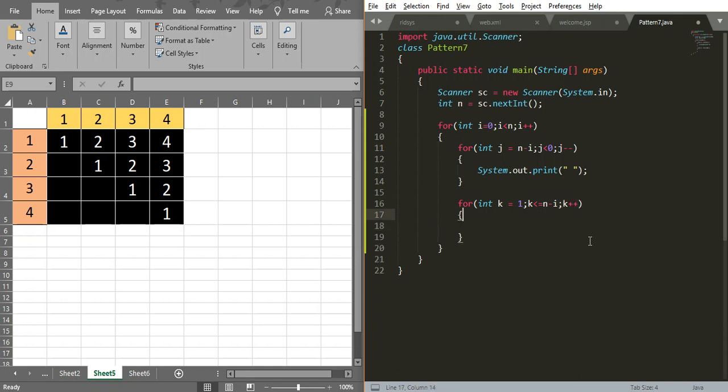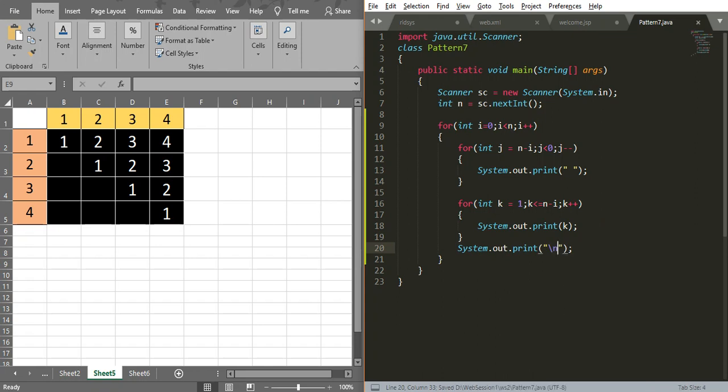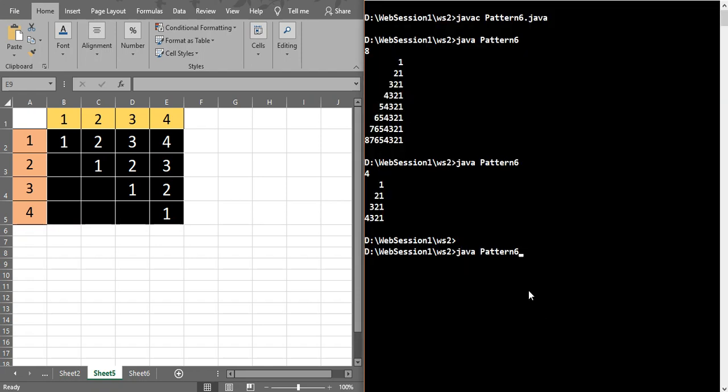Here I am going to print the k value. After printing all of this, I am going to print a new line. Okay, so I am going to compile this program.